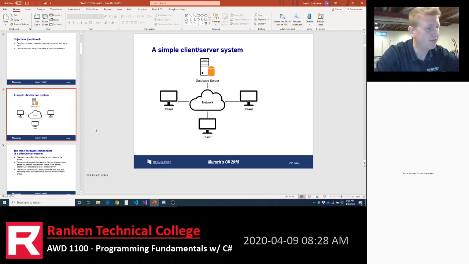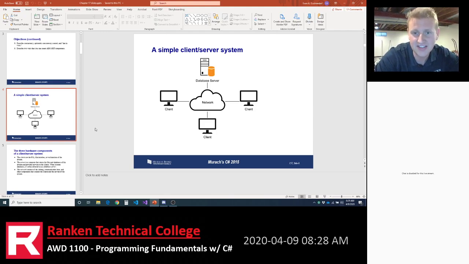So looking at slide 4, this is just such a common slide. It doesn't matter if we're in the HTML class or if we're in the C# class, it's just a common slide.